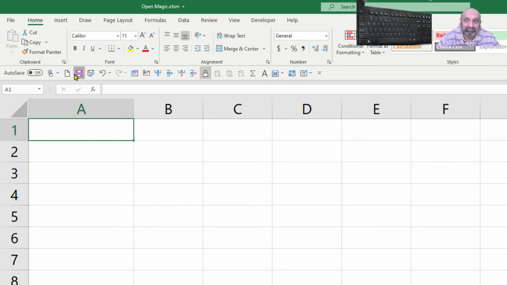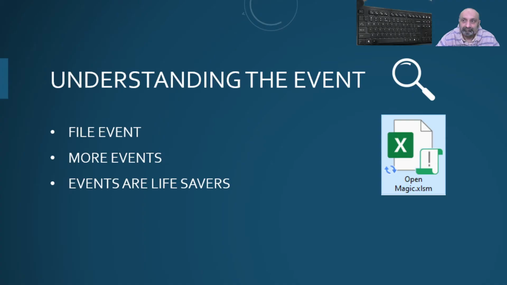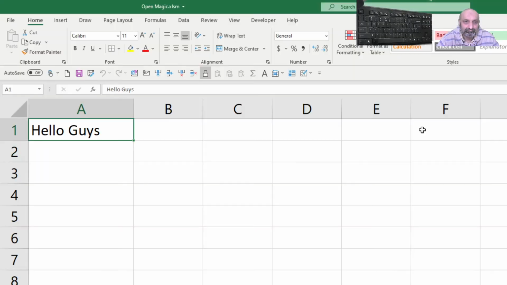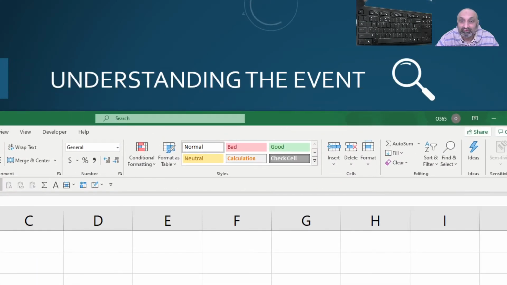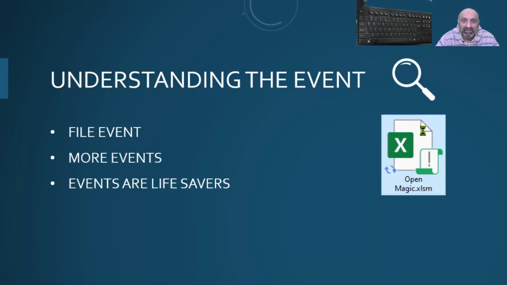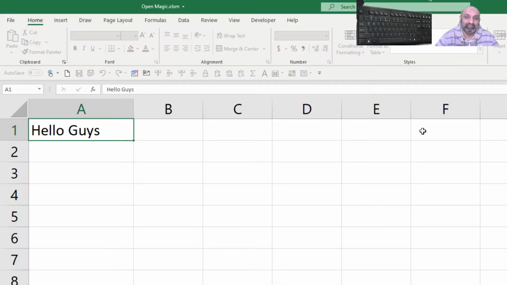I'm going to save and I'm going to close, right? So let's open our file again. "Hello guys" is still there. Excel wants to say hello to us, but we don't want any hellos. Let's close it again and open it again.